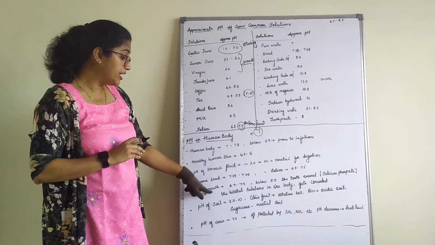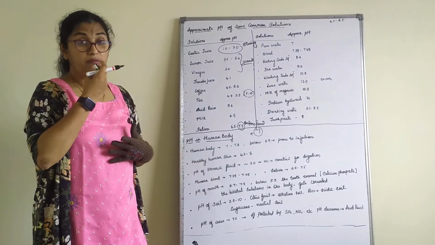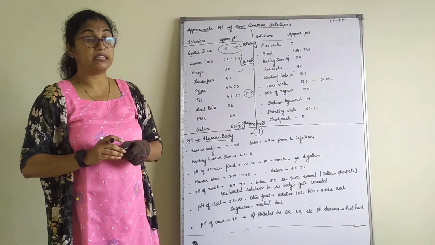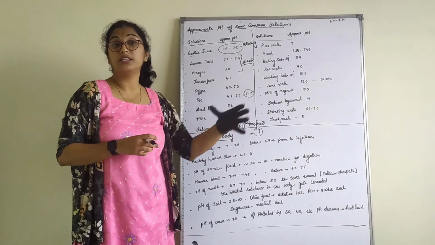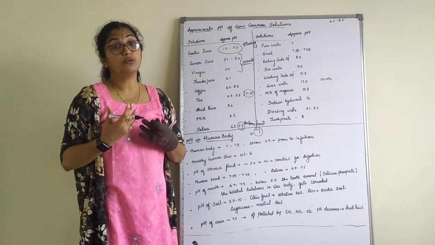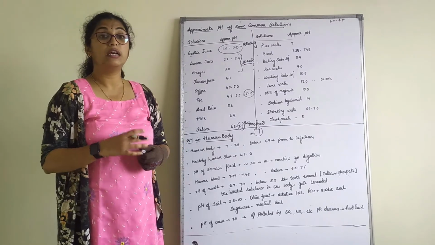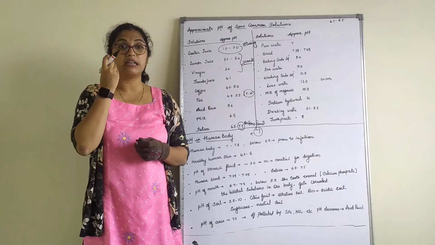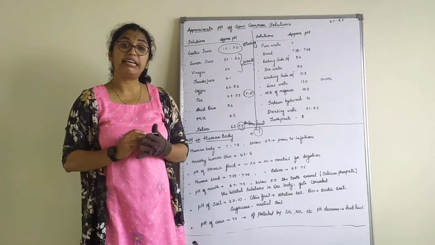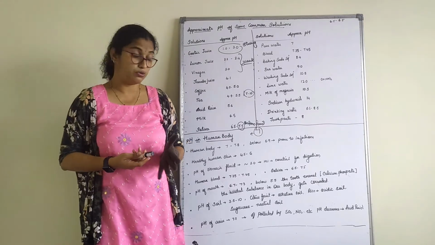The next one, the pH of our mouth. This is very, very important. The pH of our mouth, that is the oral cavity, falls between 6.7 to 7.3. Now saliva pH is different, pH of our mouth is different. So that is something more responsible for our tooth enamel or tooth cavity. Dental caries is another word we use. Now what are dental caries? Dental caries are the condition where your tooth gets corroded or you have an infection in the tooth or bacteria are deposited in your tooth, right?